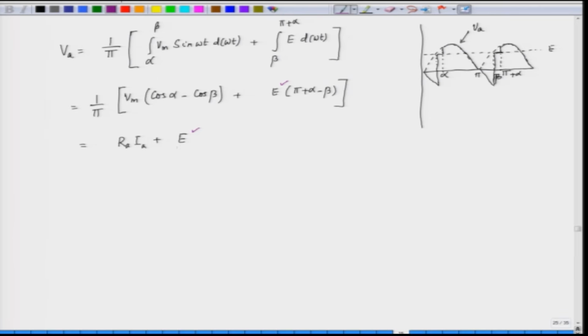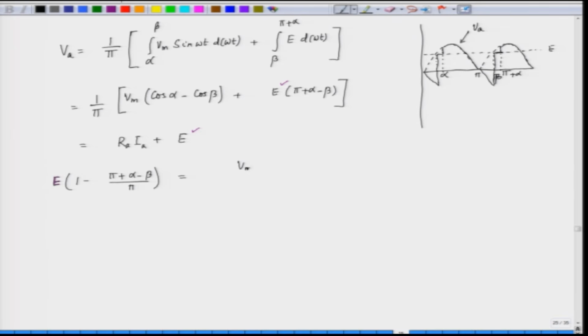We can take the back EMF to one side. So, E into 1 minus pi plus alpha minus beta by pi,